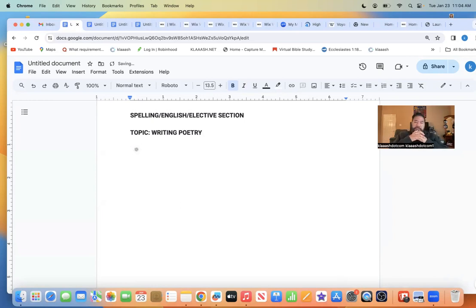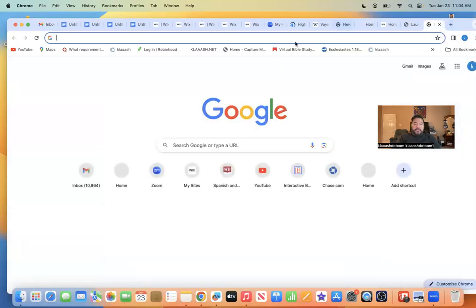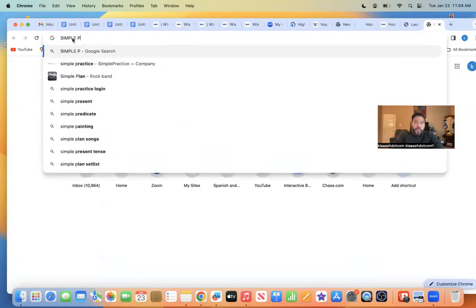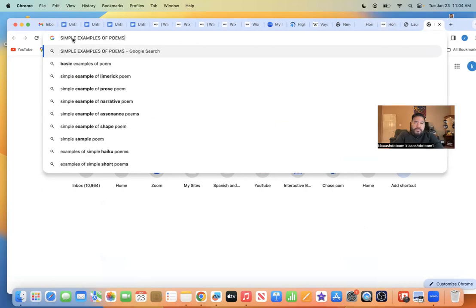The first thing you're going to ask yourself is a question: what kind of poems do you want to write? You want to write simple poems? You want to write deep poems? Deep poetry, simple poetry. Let's look at the two examples of it. Click up here and type in for the search word, simple examples of poems.